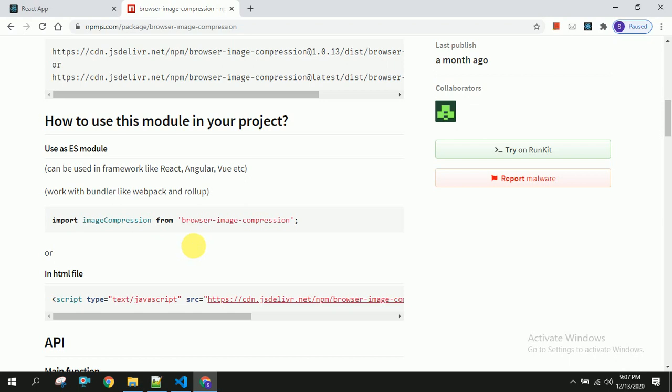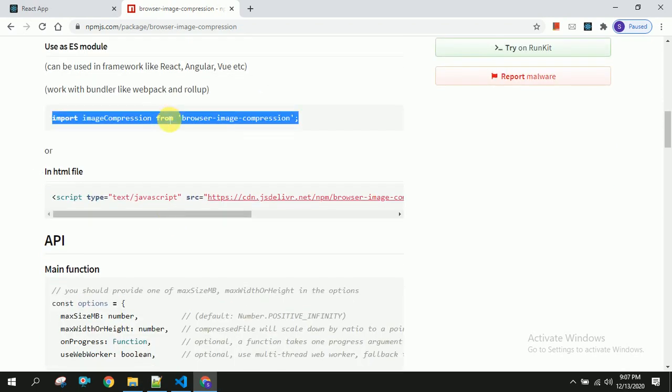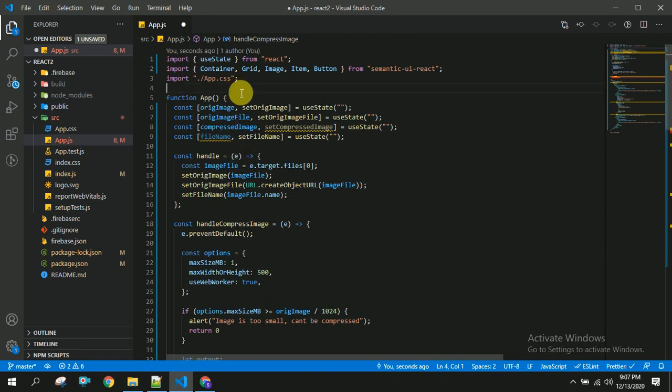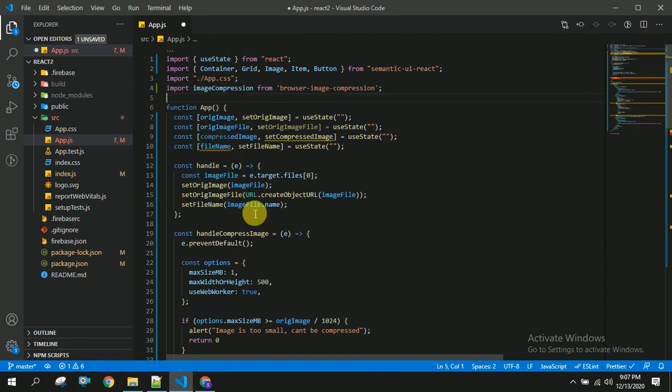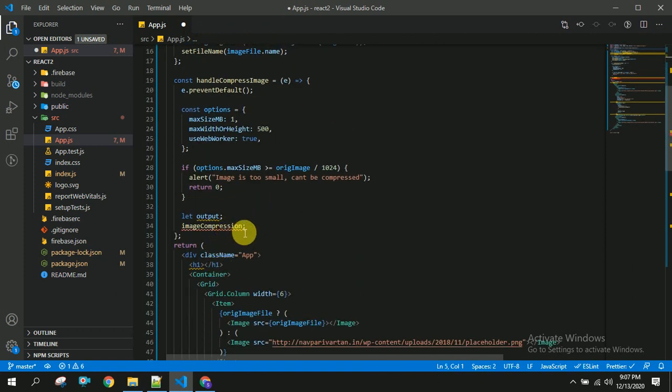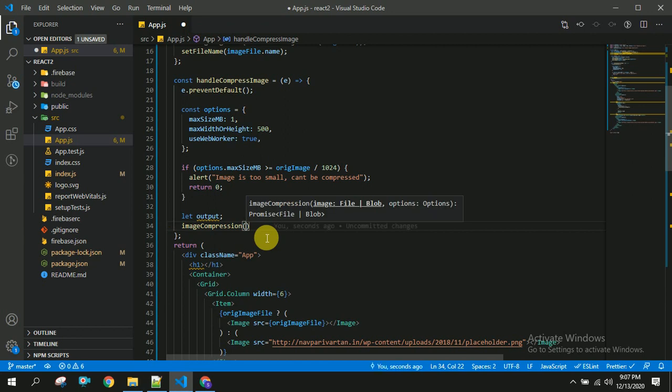So I am going to copy this and paste in our application, Ctrl S, and image compression of we are going to send two parameters. One is original image and the second one is options.